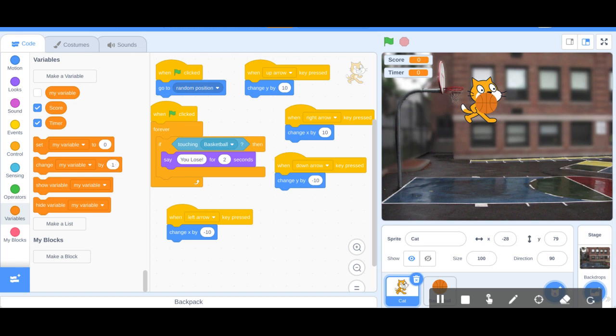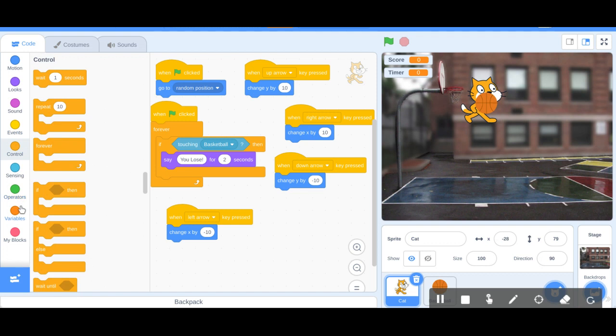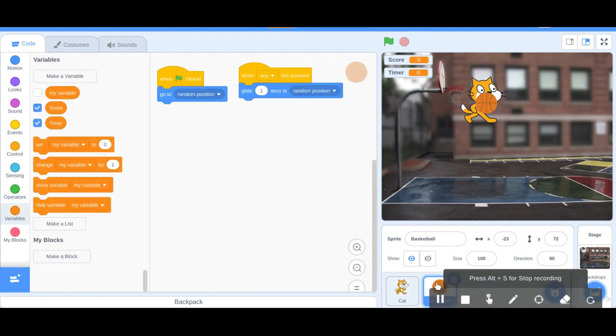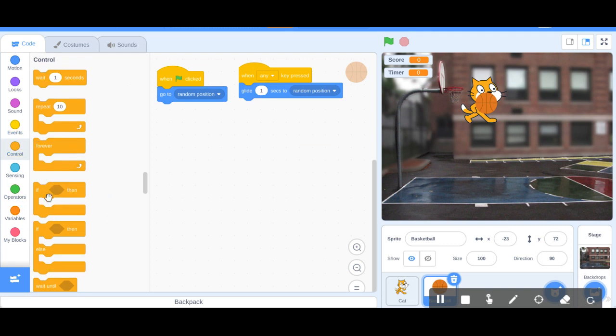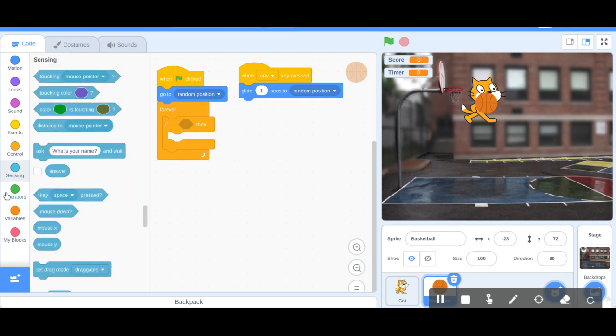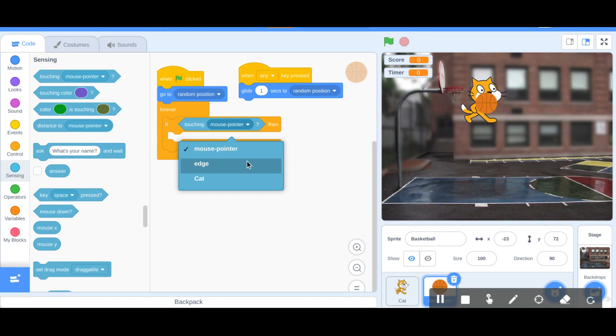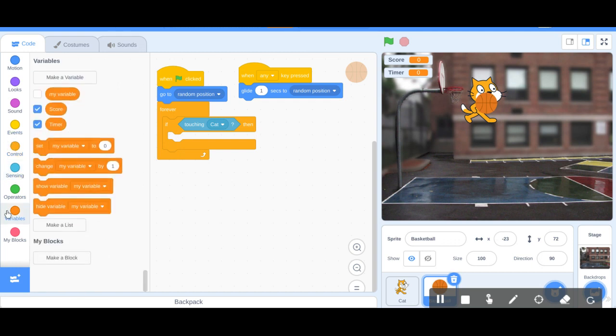each time we want to go to the basketball, and then we want to drag forever into the when flag clicked, and inside of the forever we want to put this if then statement. Then next we want to go to sensing, and we want to grab this if touching mouse pointer and change it to cat. And then what it will do is now it will change the score by